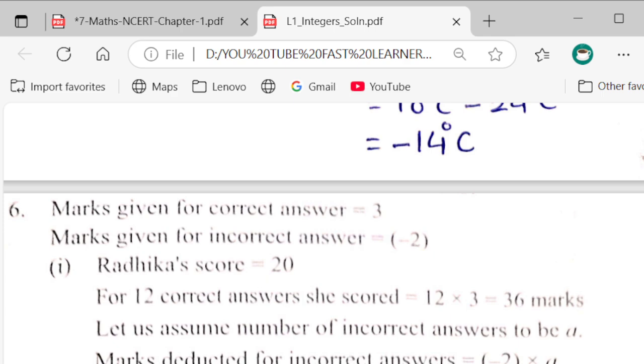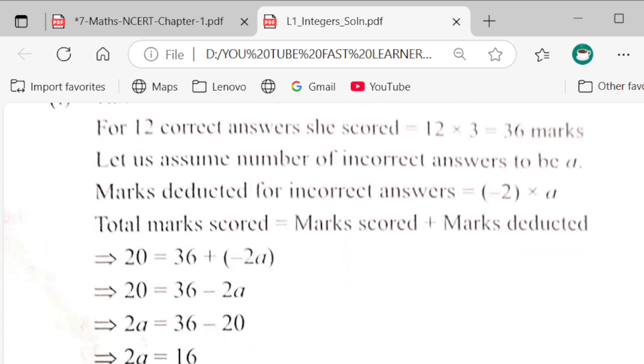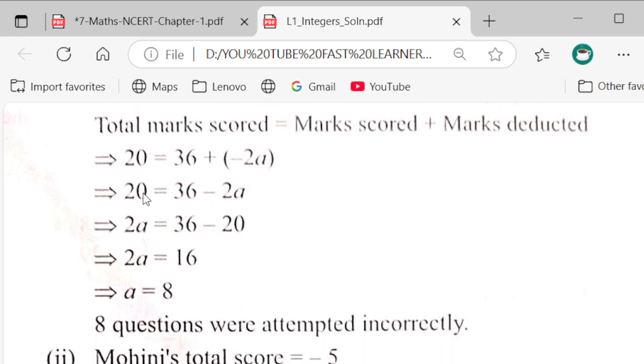So here let's see the total. She scored 20, so 36 plus minus 2a. 20 is equal to 36 minus 2a. 2a is equal to 36 minus 20. 2a is equal to 16. So a is equal to 8. Now here